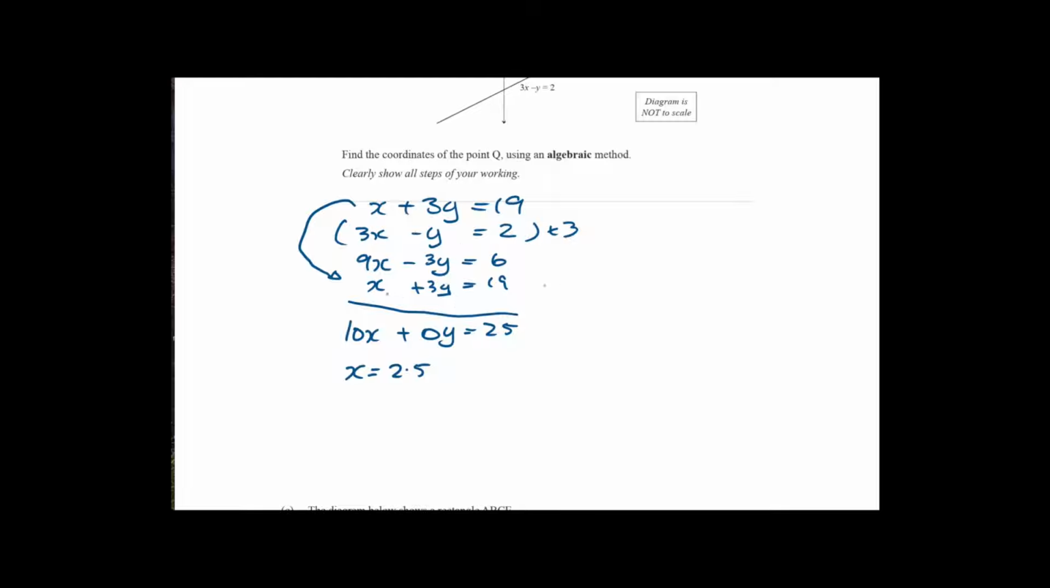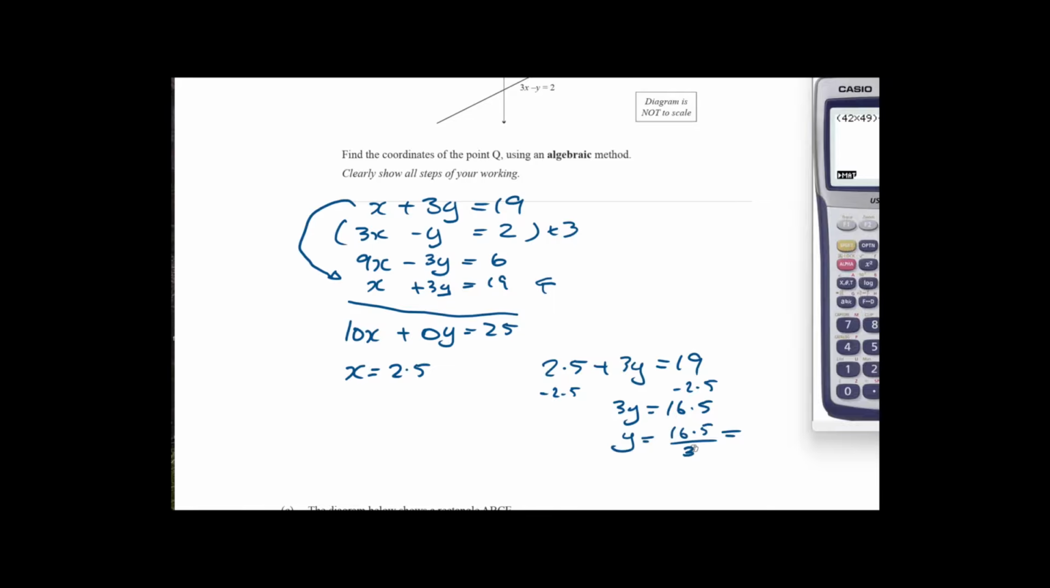And now let's choose one of them. Let's choose this one here. So x is 2.5. So 2.5 plus 3y equals 19. So take 2.5 away from both sides. So 3y is going to be equal to 16.5. So y is going to be equal to 16.5 divided by 3, which is